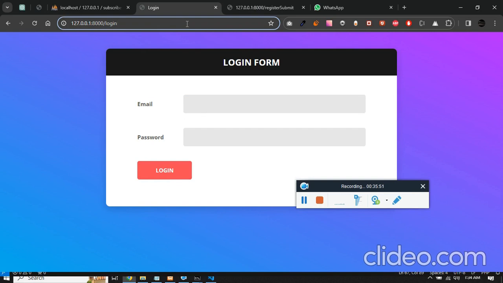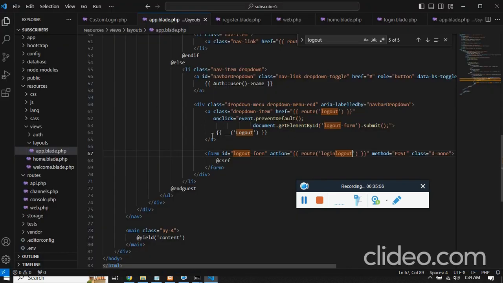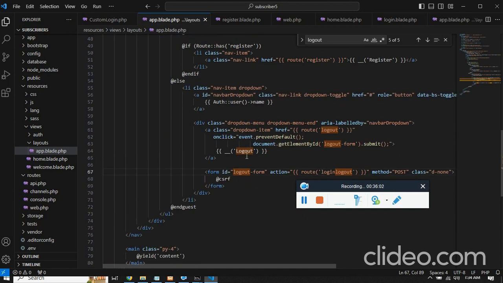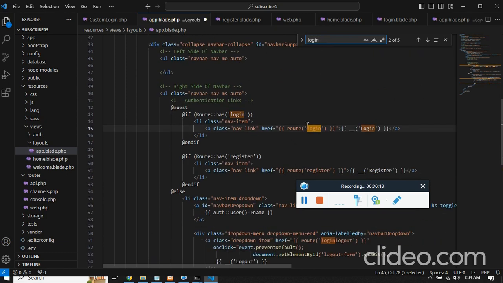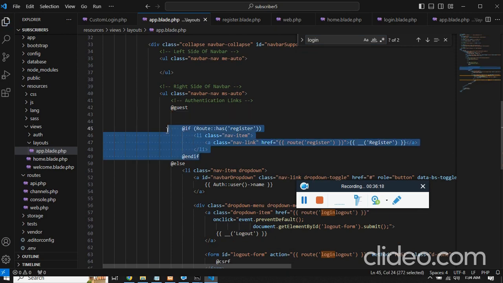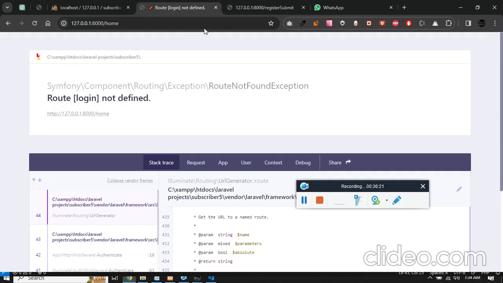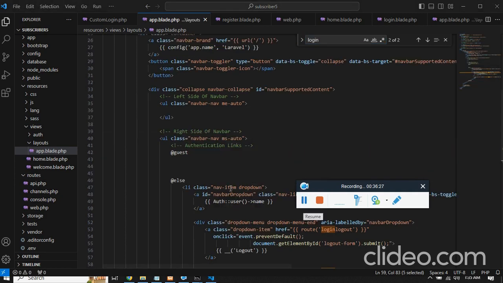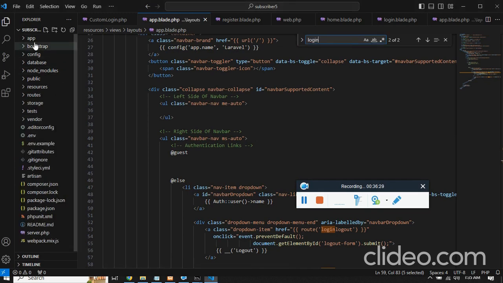But there is a problem here. If I search for home, I'll have access to it. I don't want that. So here there is some route called login. We can delete that, certainly. Maybe it would be coming from the route. Now if you see